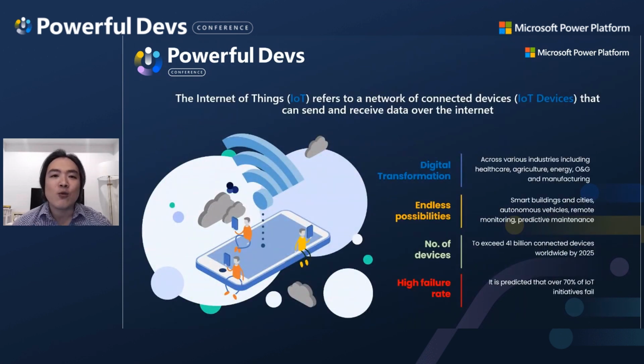So firstly, what is IoT? IoT, or the Internet of Things, refers to a network of connected devices that can send and receive data over the internet. So imagine being able to connect and interface with everyday physical devices and take data from these devices into the digital space, where you can then store, analyze, and transform them into actionable insights. IoT is already